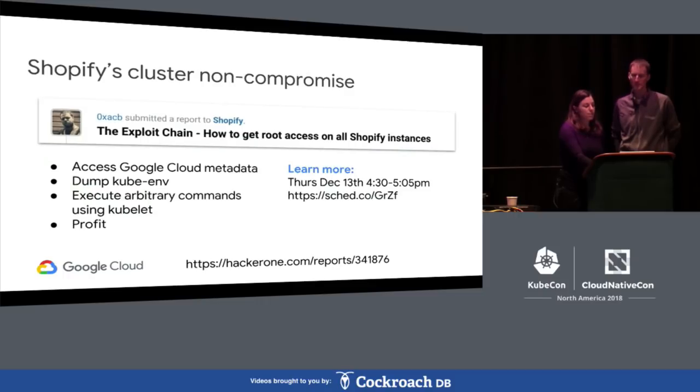For the next up, Shopify. Shopify has a bug bounty program set up for their infrastructure, including core technology such as the stores that they run, some of which runs on Google Kubernetes Engine. In May, they got a really terrifying bug report from a researcher claiming to have root access on all Shopify instances. So what happened? Well, the researcher from an arbitrary Shopify store was able to complete a server-side request forgery